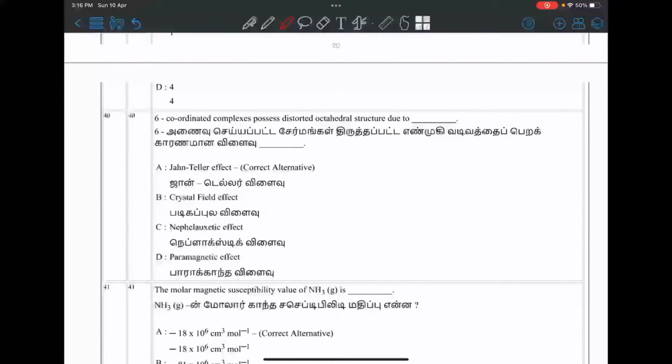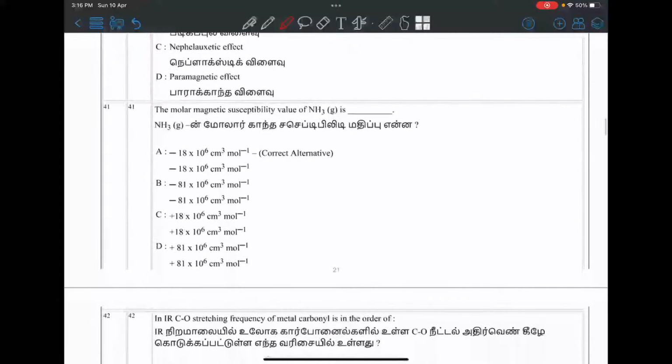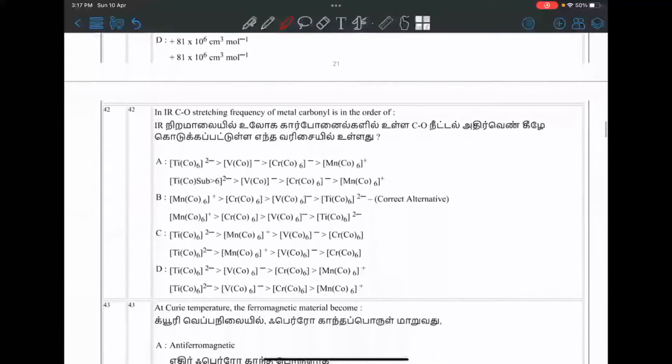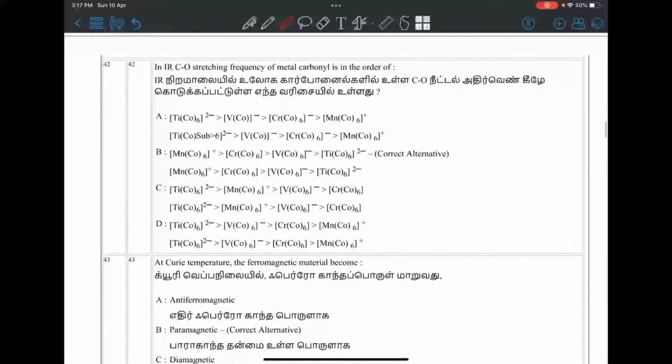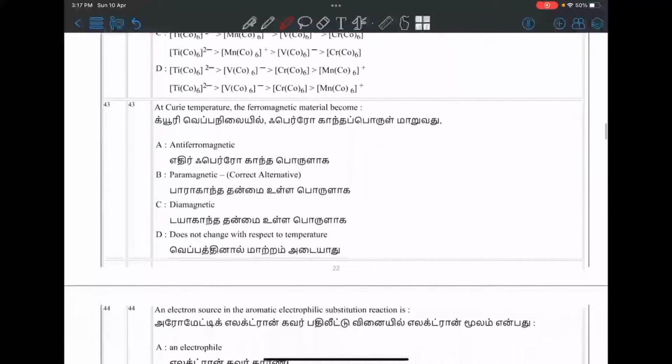6 coordinated complexes possess distorted octahedral structure due to Jahn-Teller effect. The molar magnetic susceptibility value of NH3 gas is minus 18 into 10 power minus 6 centimeter cube mole inverse. Next one, in IR CO stretching frequency of metal carbonyl is in the order of option B, Mn(CO)6 plus. இந்த ஆர்டர் கொடுத்துக்கிறாங்க. At Curie temperature the ferromagnetic material become